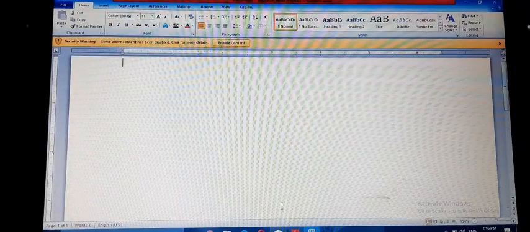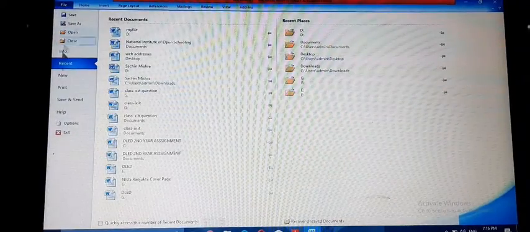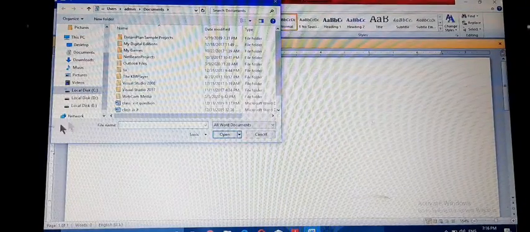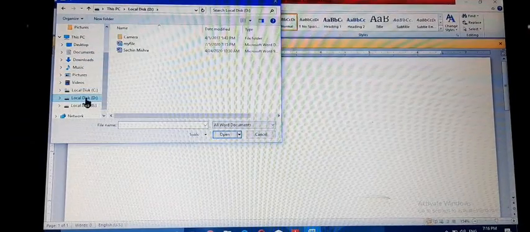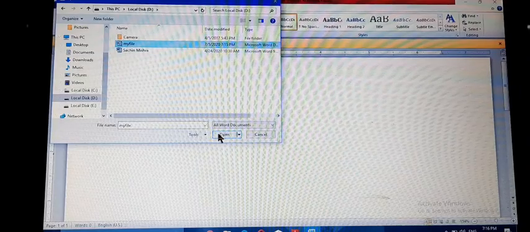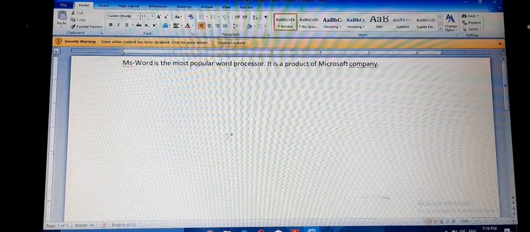To open the saved one, click on the File button, then click on the Open option, select the drive, then select the file and click on the Open button. In this way we can open the document.